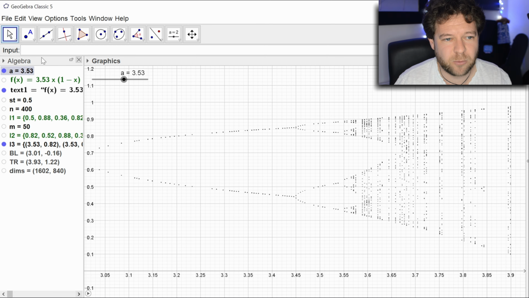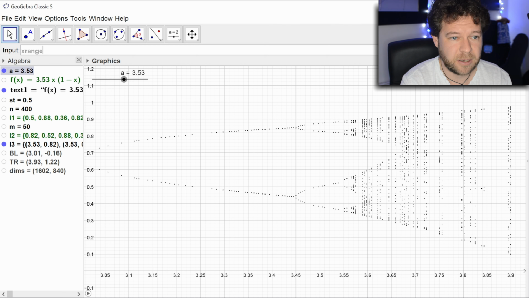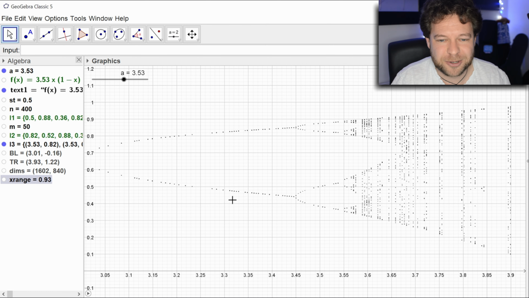In fact, while we're at it, what we can do is figure out some sort of resolution question by getting the horizontal range. I'm going to call it the X range, which is going to be the X value of the top right, subtract the X value of the bottom left. That's the coordinate distance between the right and left, 0.93. And there's only 1600 pixels on my screen, so the maximum resolution I could try and get here is to divide that region into